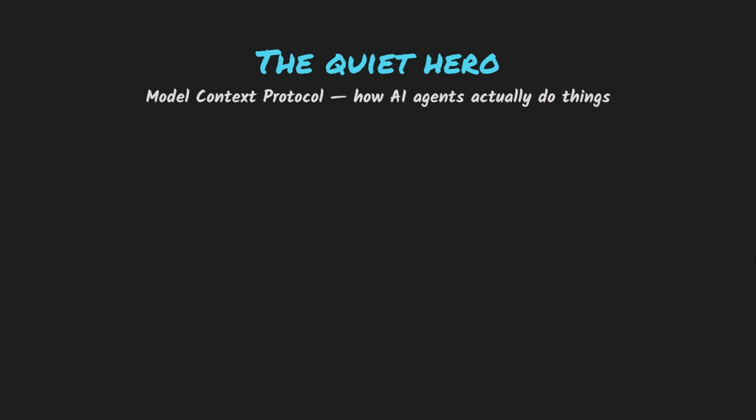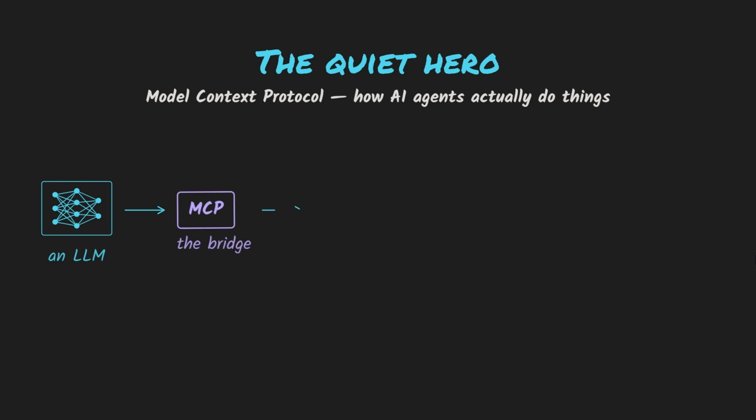Model Context Protocol, or MCP, is the thing quietly holding together almost every AI agent you've used in the last year. If you've asked an AI tool to check your Google Drive, update a database, or book something online, there's a good chance MCP was working behind the scenes to make that happen. So let's break this down in plain terms, no coding background needed.